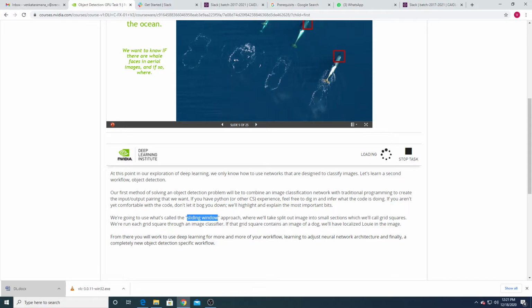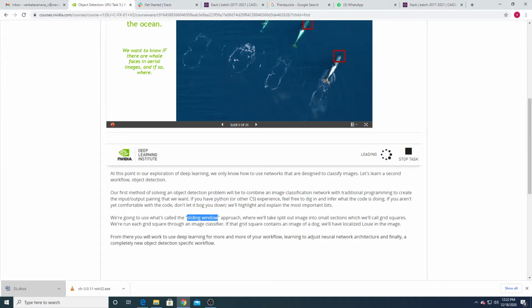To do that, the complete image is split into small windows, and we pass each window to a CNN, and each window is compared with the car image. Does this window image contain a car or not? Classify whether it is a car or not. If within that window you have a car, then it classifies it as a car. Next, you move to another window, another window, like that. So in whichever window you have a car, that is identified. That window has an object, so then you localize or segment that window. That is called object detection using the sliding window technique.